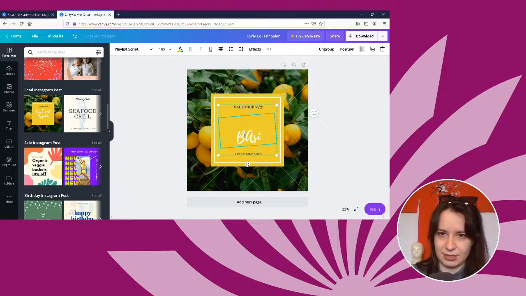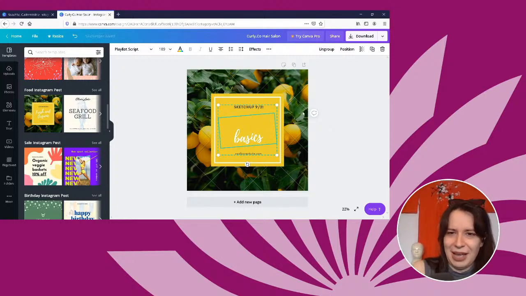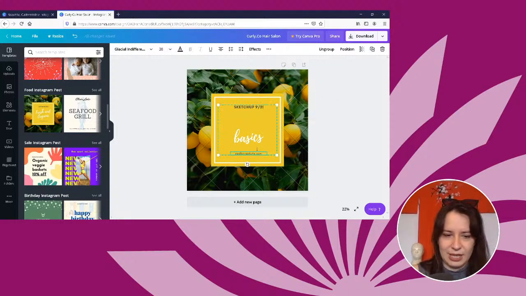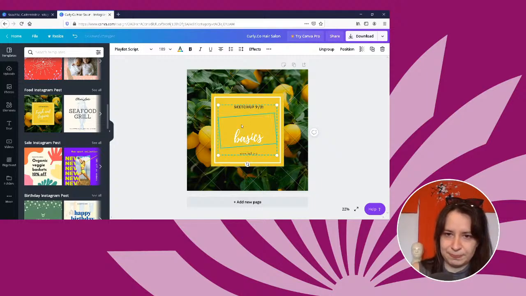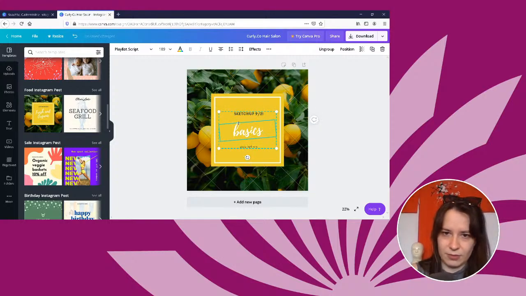Basics. Weird. That font is funny. I'm just goofing here, but you can play around with that and put in your own text. So all I'm doing is I'm clicking where the text is, and I'm just typing in. I'm going to type in learn the